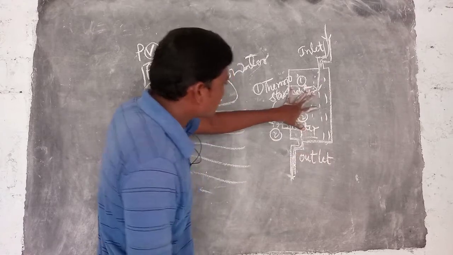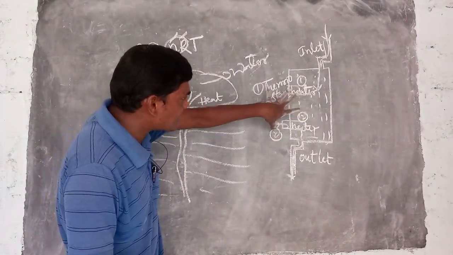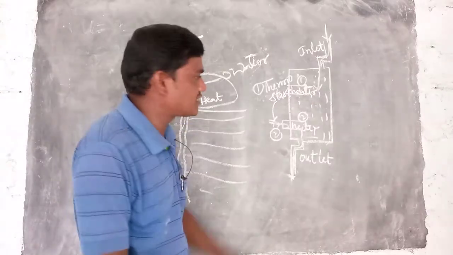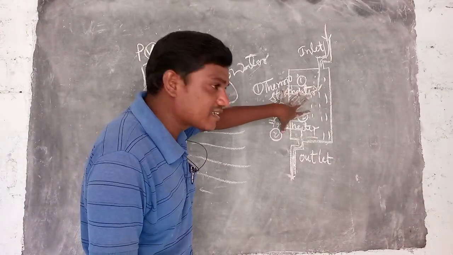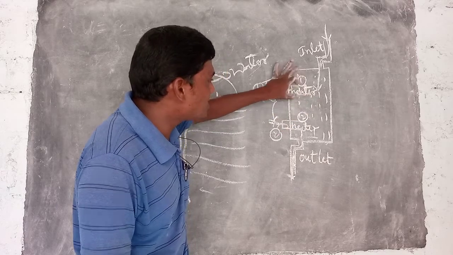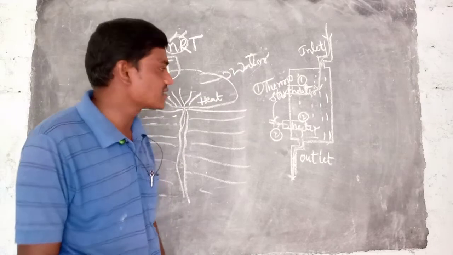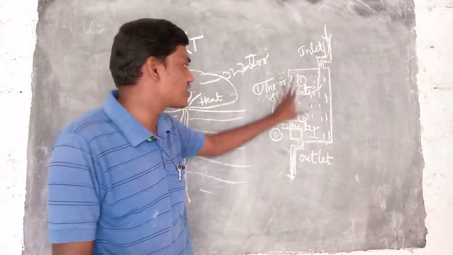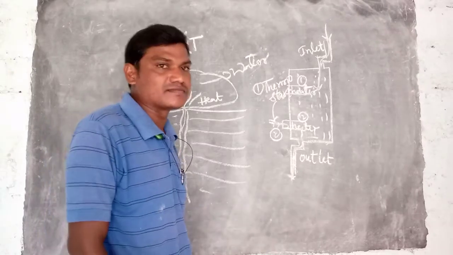In this one, the electrical geyser is a device. This device converts the electrical energy into heat energy. In the electrical geyser, we are using heating elements. These heating elements are made up of nichrome, because nichrome has a higher specific resistance. Due to that, it produces a large amount of heat energy.